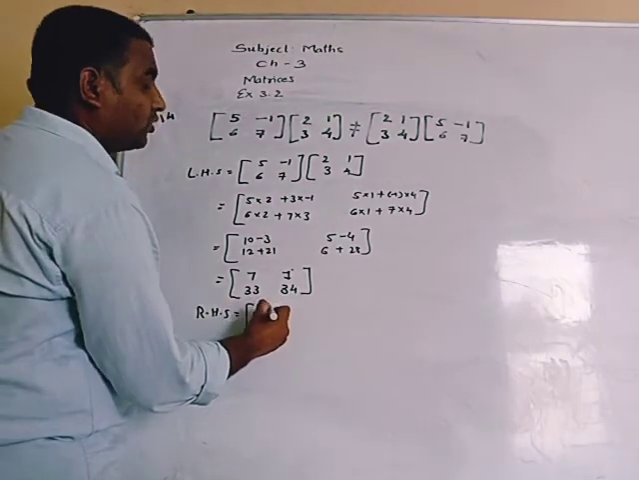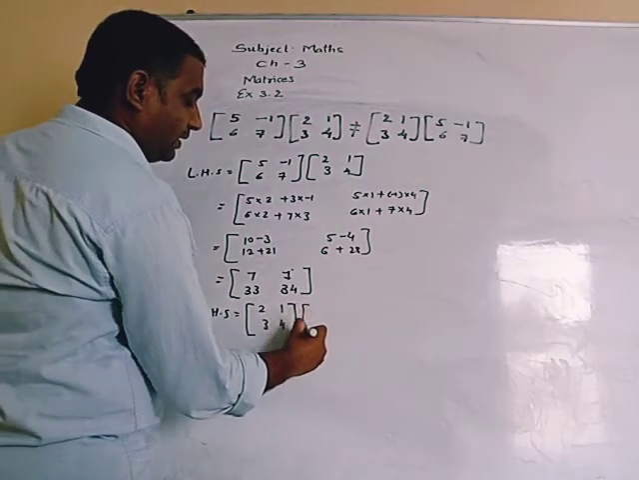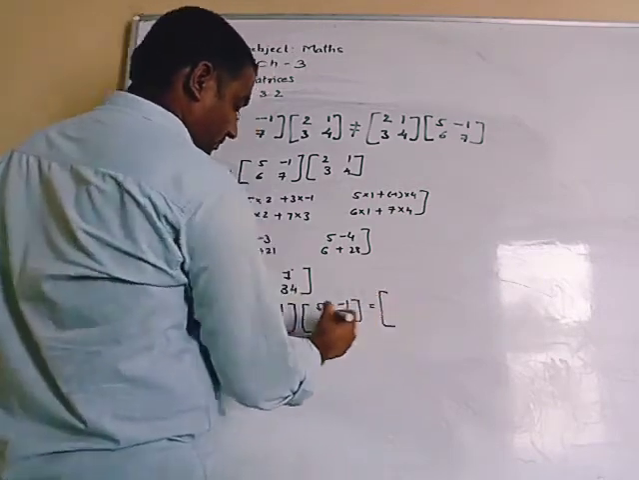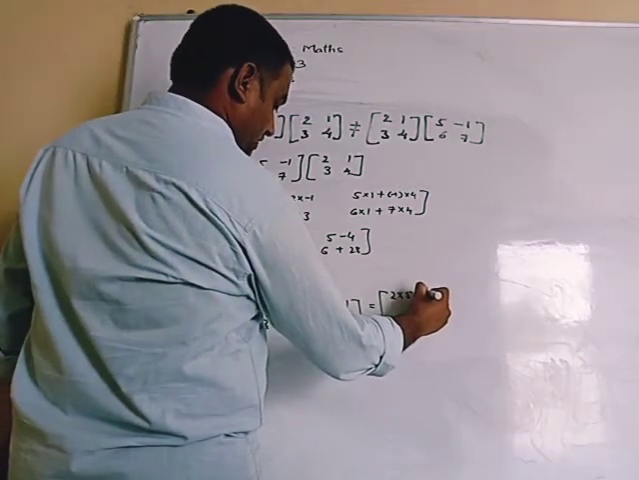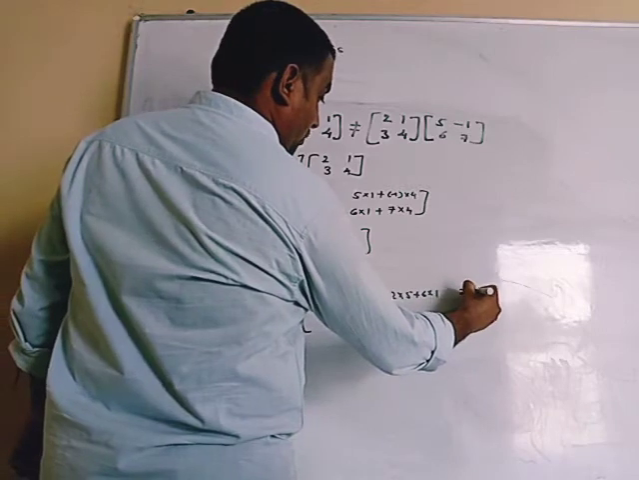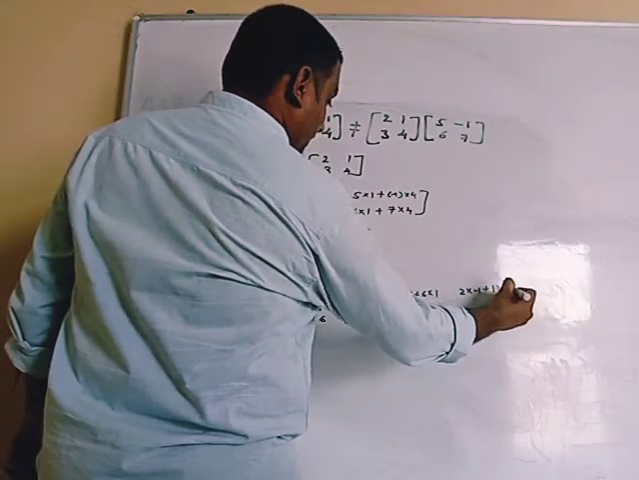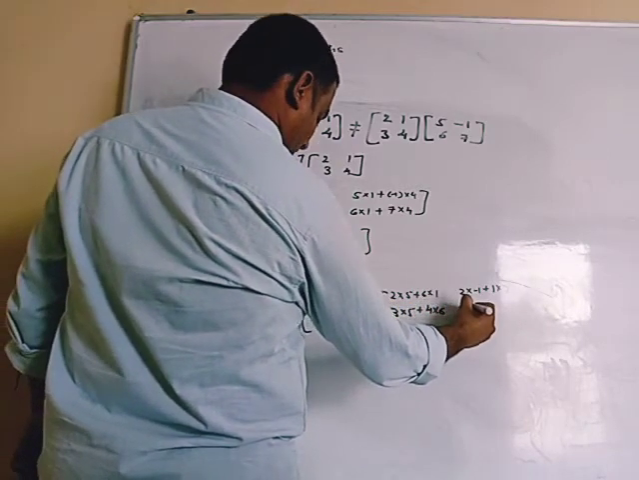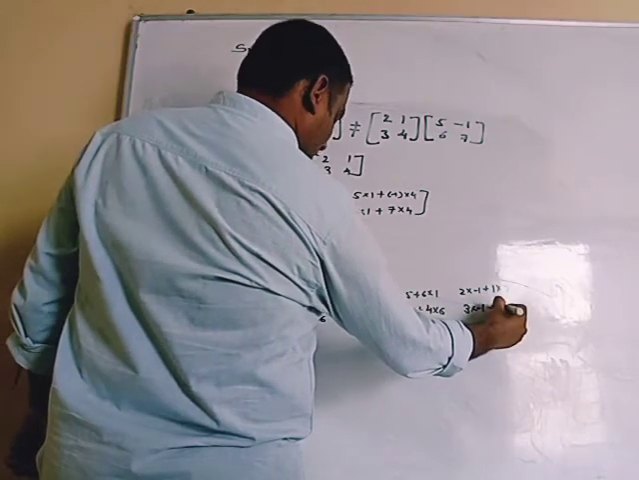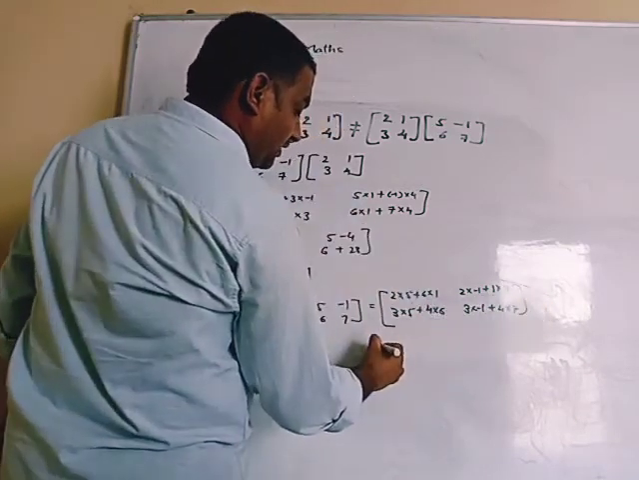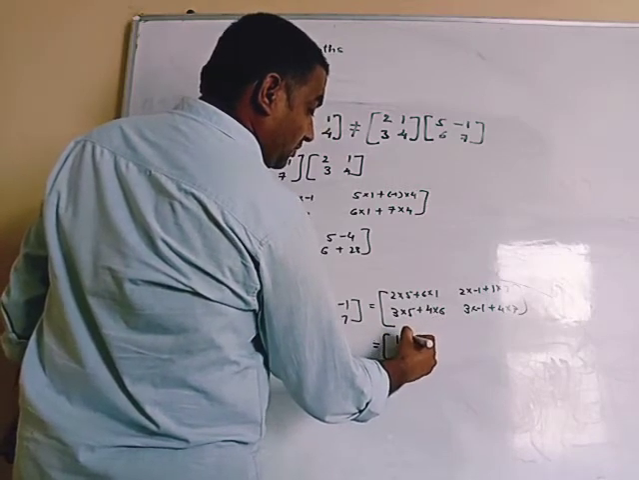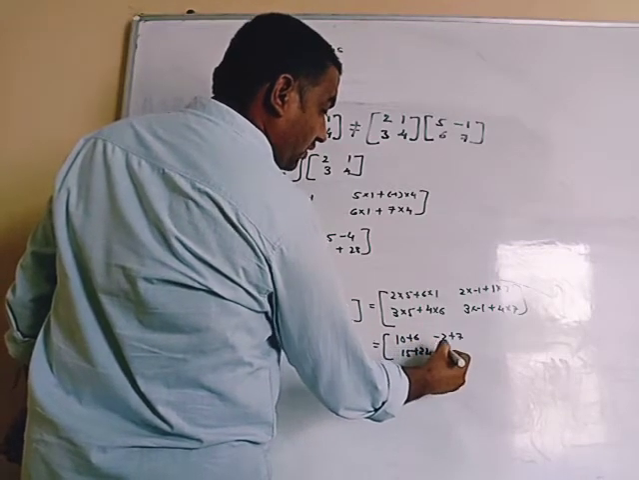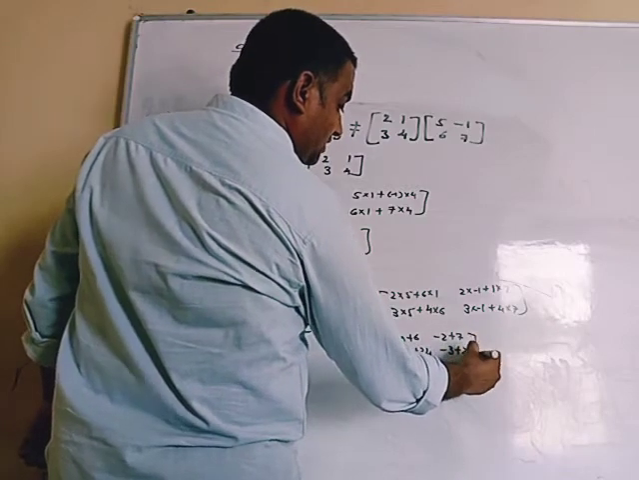it is 2 1 3 4 multiply 5 minus 1 6 7. Then again we will get 2 into 5 plus 6 into 1, 2 into minus 1 plus 1 into 7, 3 into 5 plus 4 into 6, and 3 into minus 1 plus 4 into 7. So we can get here 10 plus 6, minus 2 plus 7, 15 plus 24, and minus 3 plus 28. So by adding them we get